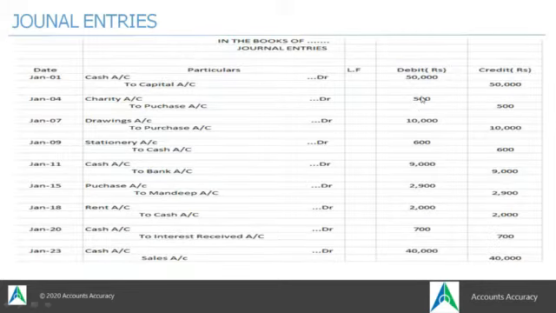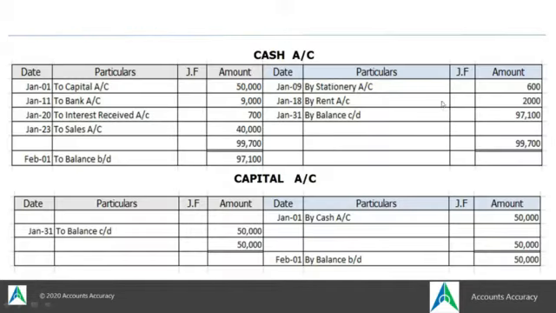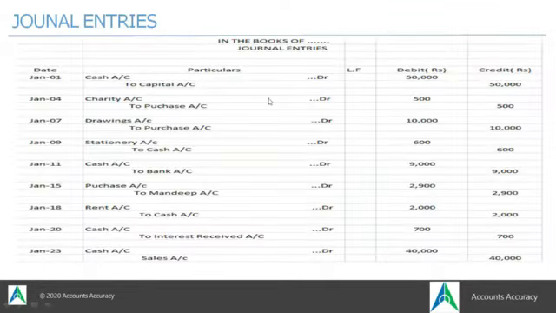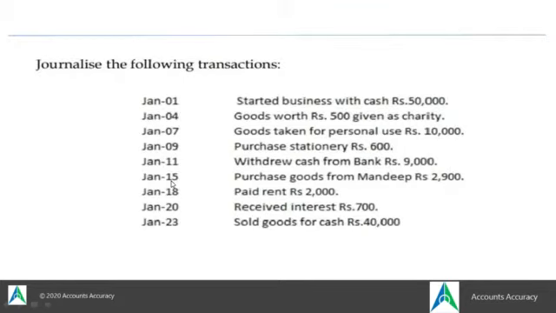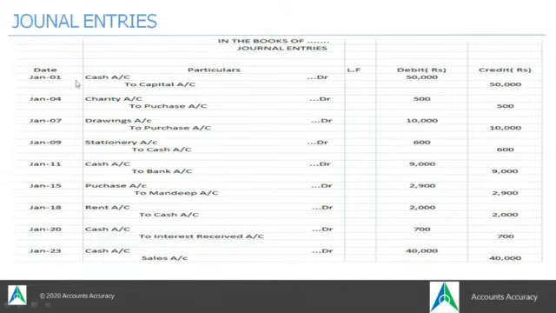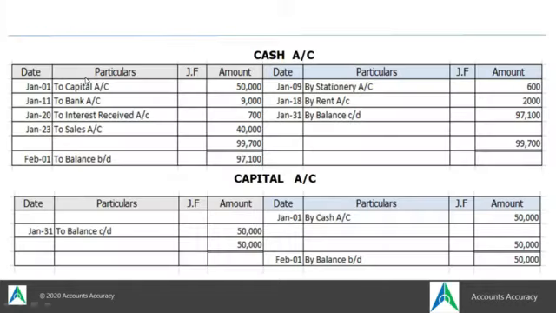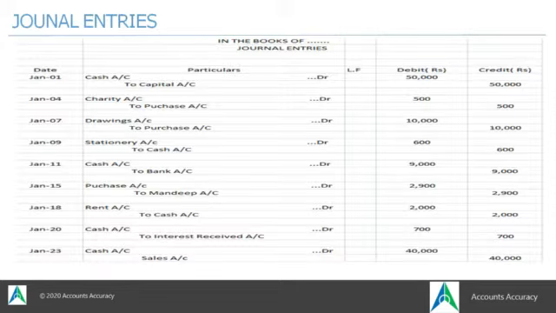This is the journal which you can see. The journal has been passed from the transactions which were given. So this is the question which you can see, how from the transaction the journal is made. Our next step would be ledger. In exams you either get the question to journalize or to form ledger, but if your concept is clear, it would be easy for you to make journal. Now you can see here from journal how we do the posting to ledger.